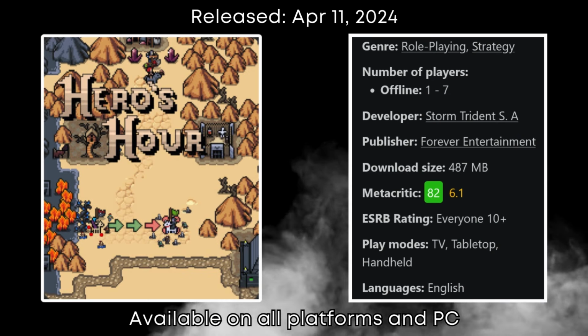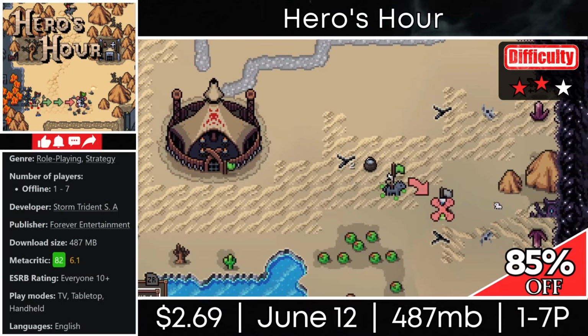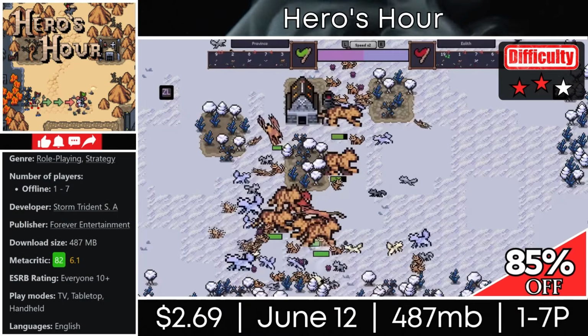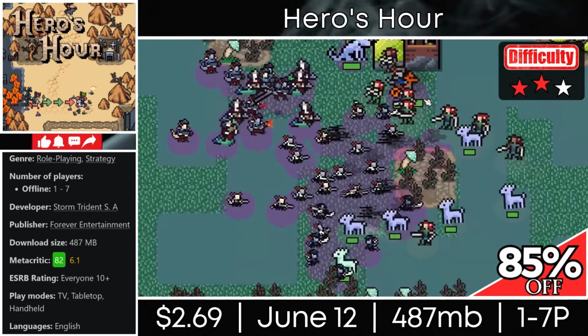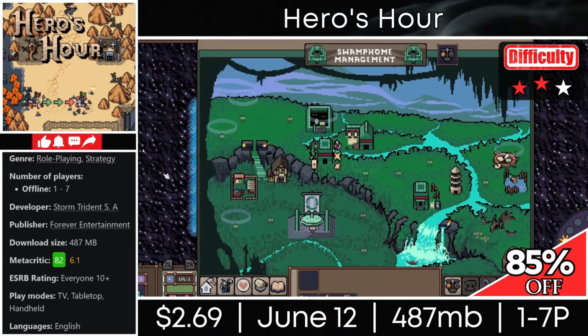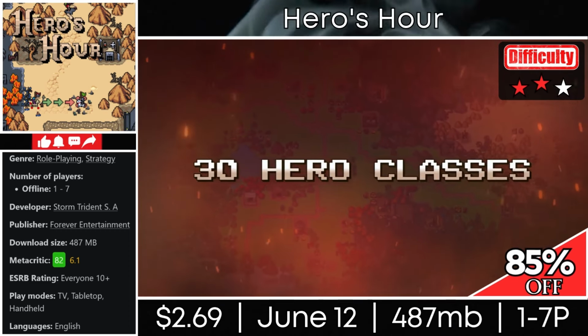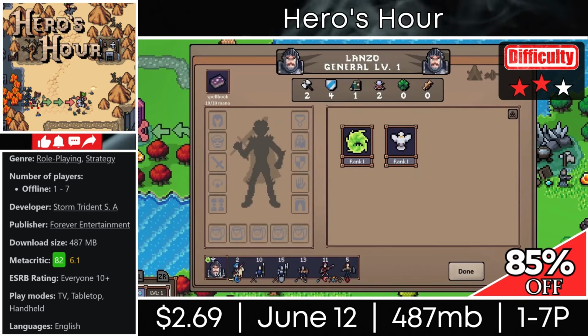Heroes Hour is an indie gem that blends real-time auto-battling with turn-based kingdom management. You explore a procedurally generated map, recruiting armies and fighting fast-paced battles where you can influence the action in real time. Now there's tons of replay value, dozens of factions and classes, and strategic depth that would be perfect for